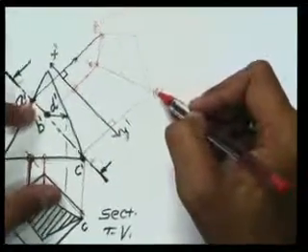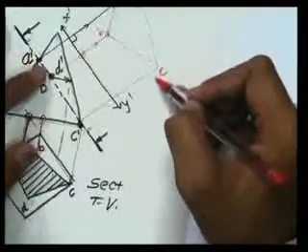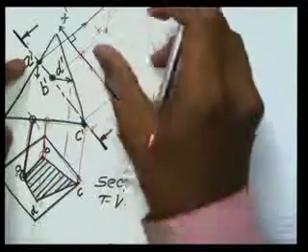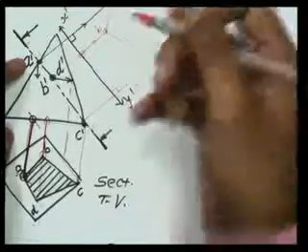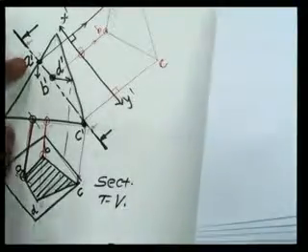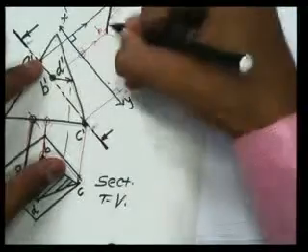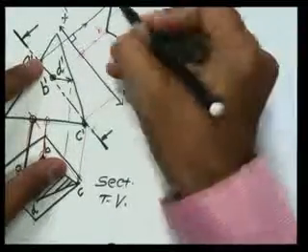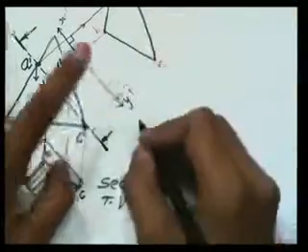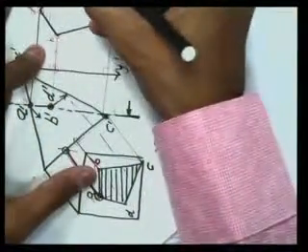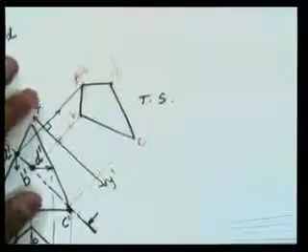Now to find out point D, a similar exercise is to be conducted. Distance from XY line to D, measure this distance, put it over here, cut it over here. Here is point D. And to draw its true shape, join all these points with straight lines, which appear like this. And this is nothing but the true shape of this section. See, this is the true shape of this section, right?